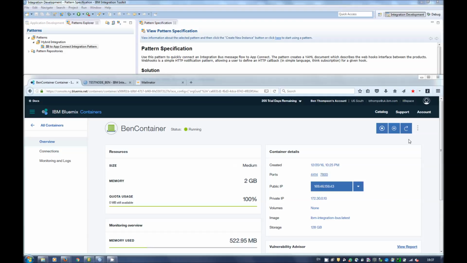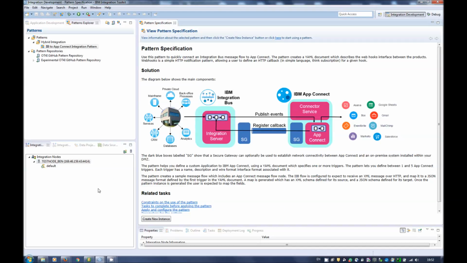I already have a link defined to that same integration node on the same IP address that we were looking at a moment ago here in the bottom left corner. That means that I can easily deploy to that node in a few minutes' time. At the top here in my Patterns Explorer, I have a pattern named the IB to App Connect integration pattern,